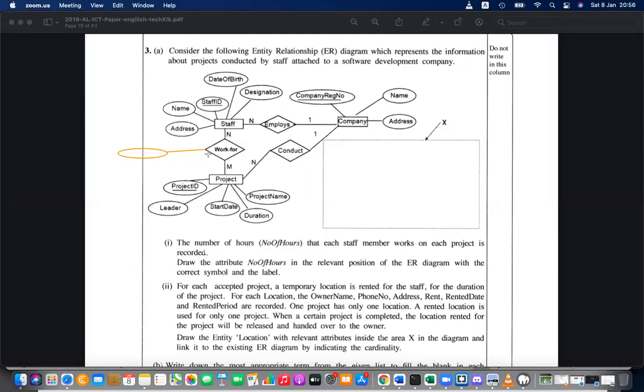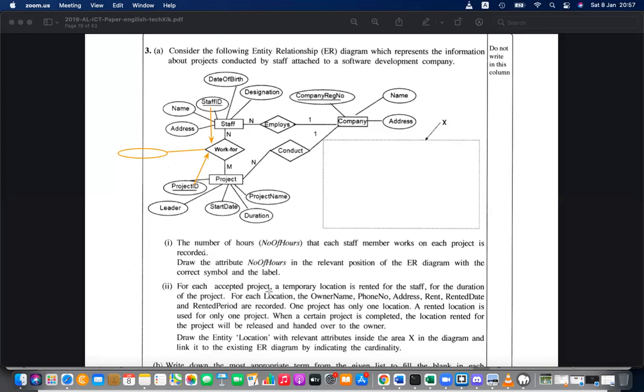Then for the relationship we create a separate table. We will create another table. We take the primary key of staff and the primary key of project, which forms a compound primary key, add this attribute, and make a table. So there are three attributes: staff ID, project ID, number of hours, and this will become another table. This is a special occurrence, right? That's why I discussed it, because we need to know what kind of examination questions will be there.